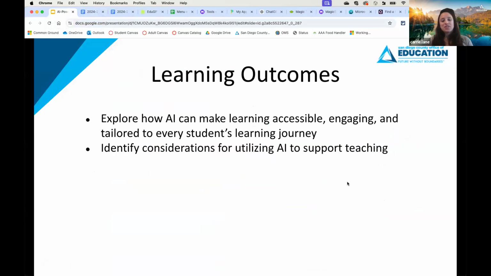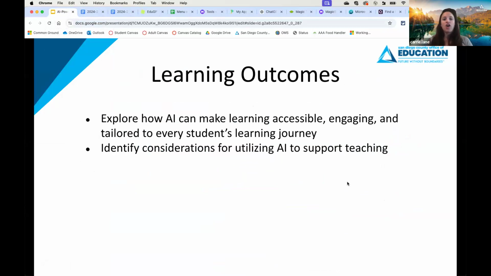And let's start. So today we are going to talk about what AI can do in the classroom to support you as you support your learners, and then considerations for utilizing AI to support teaching. And we'll look at specific tools as well as just options for finding AI in general. So we are going to look at some tools. That doesn't mean there aren't so many AIs out there.